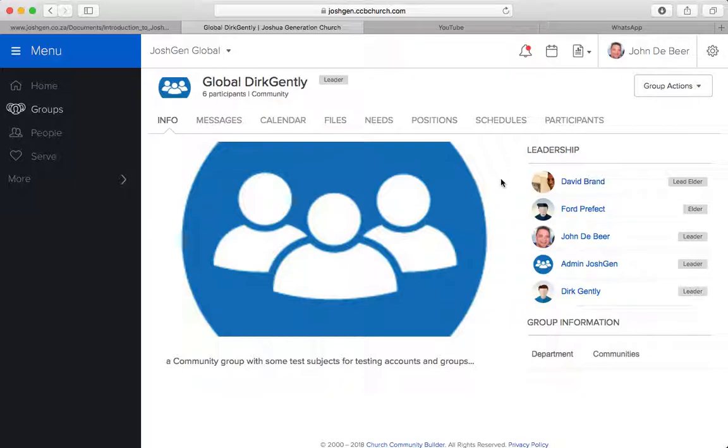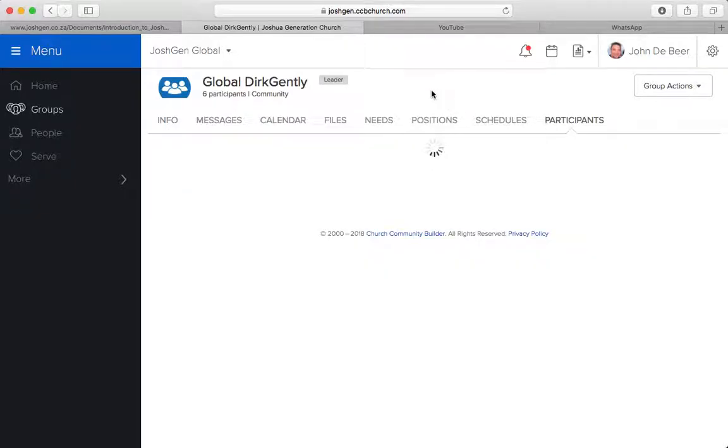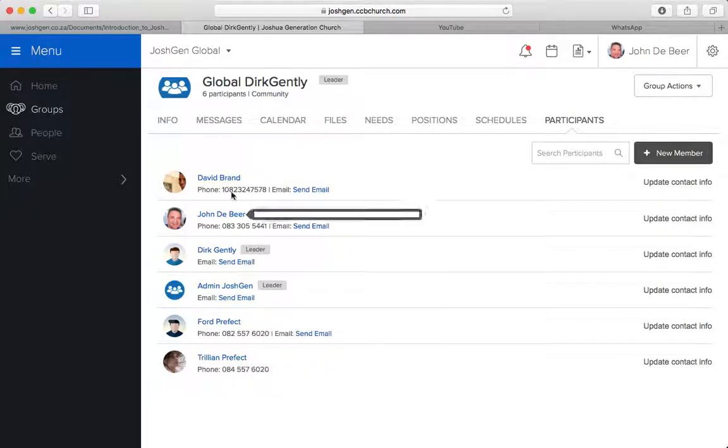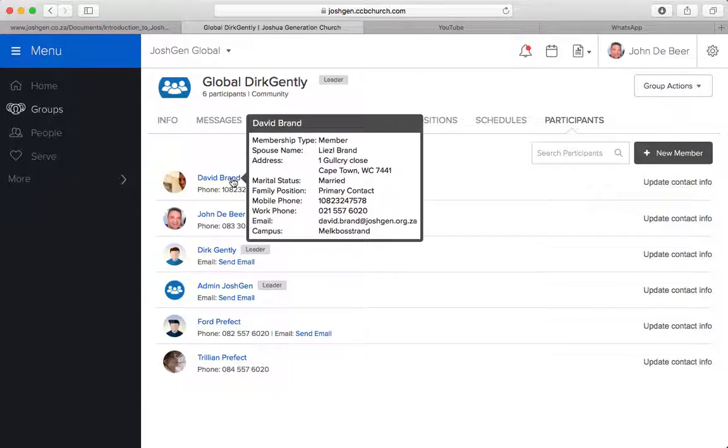Obviously, David in Melkbosstrand. So let's presume this is your community, and you are listed here. Under participants, your name is listed here. Let's say, for example, your name is Ford Perfect, but you want to see who the other members are. You'll see as you hover over their name, most of their details will show. This is quite important. You want to be in contact with your community or your home group. You'll quickly see under campus there, just as that block shows, at the bottom of that block it says campus Melkbosstrand. You want to see where he stays. There's the address, there's some phone numbers. All right, now